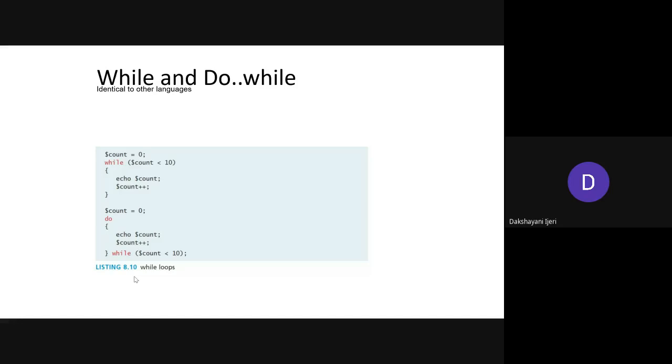It would be better if I ask you questions or have a discussion with you, or else I simply have to repeat everything which you already know. So it would be better if you tell me the difference between the while and the do while loop. How does the while loop get executed and how does the do while loop get executed?